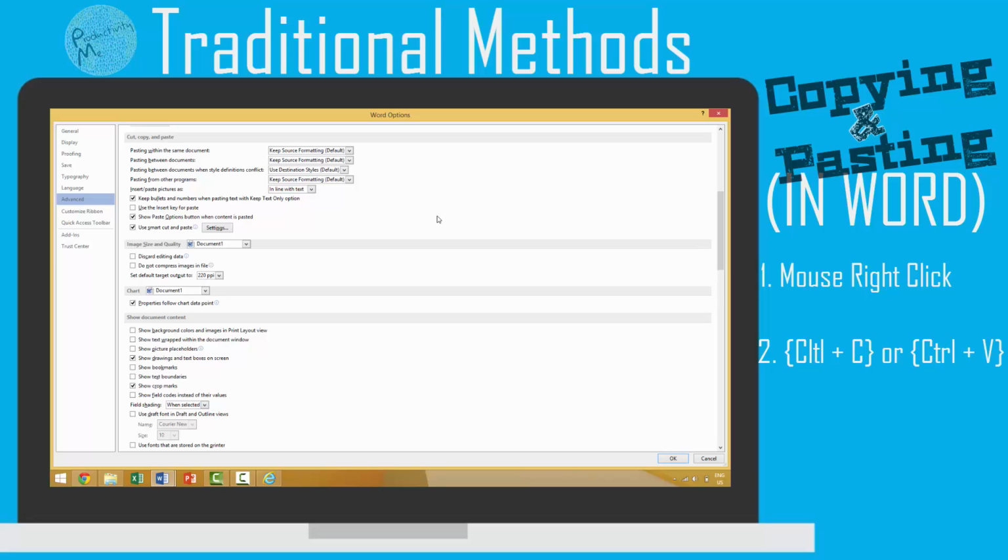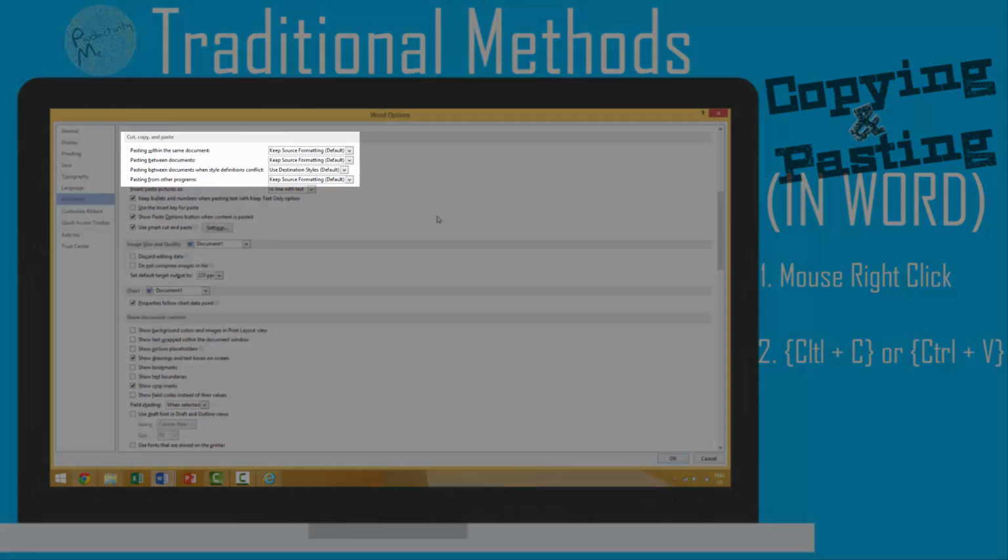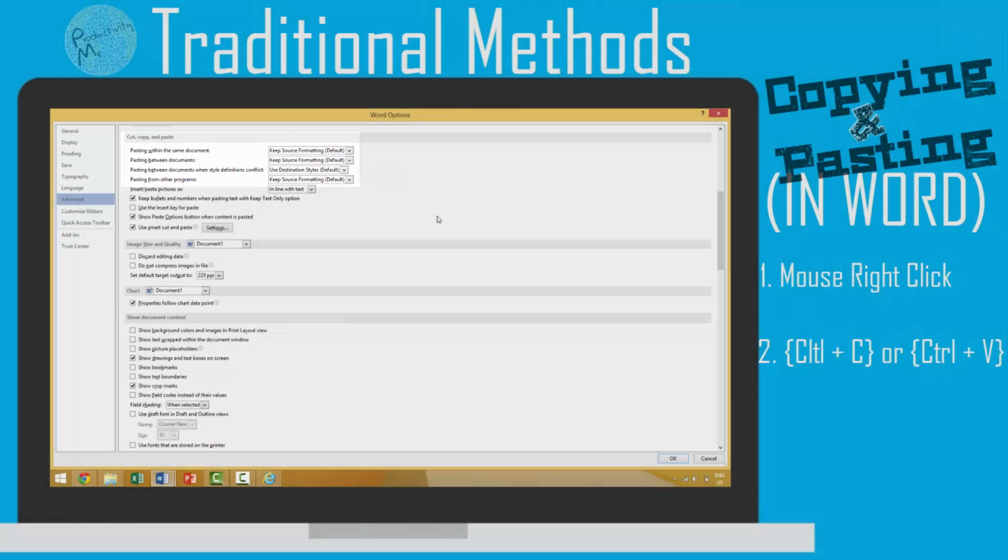Within the Cut, Copy, and Paste subsection, you can see and/or change the default settings for pasting within the same document, between documents, and/or from other programs. For example, if you were to regularly copy and paste text from your internet browser into Microsoft Word, and each time you wanted that text to match the formatting style of your current open Word document, then it might make sense to change the section titled Pasting from Other Documents from what it is currently at, Keep Source Formatting (default), to something along the lines of Keep Text